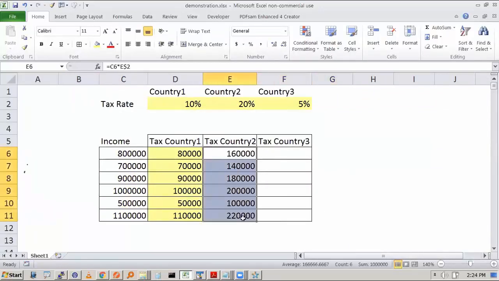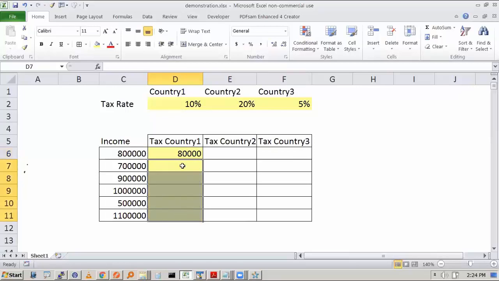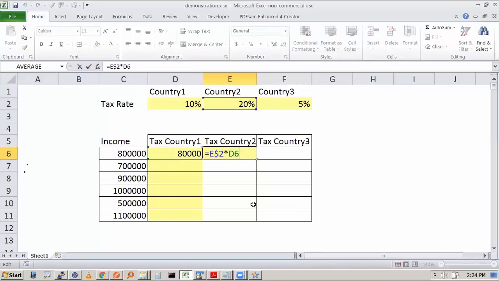Let's see, we delete it. I don't want to write the same formula 200 times. What I want to do is, I have written the formula once. I want to drag it to the right. If it is possible, I want to drag it to the right, and I press F2. So what you are seeing, this has been perfectly dragged.